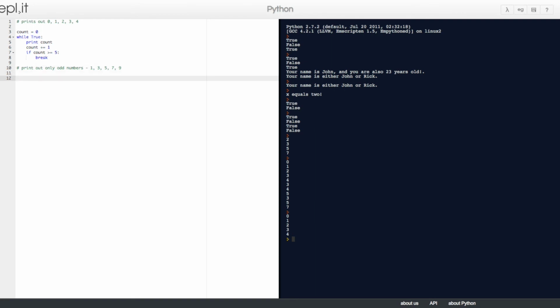Okay. So for x in xrange of 10, right? It starts at 0 all the way to 10, with a colon, the next line indented.